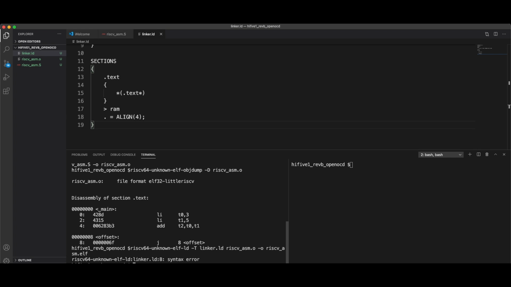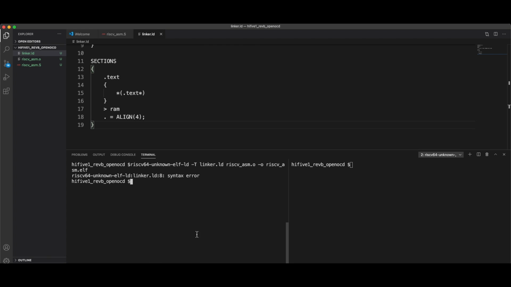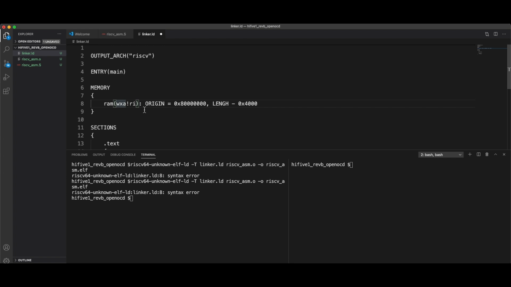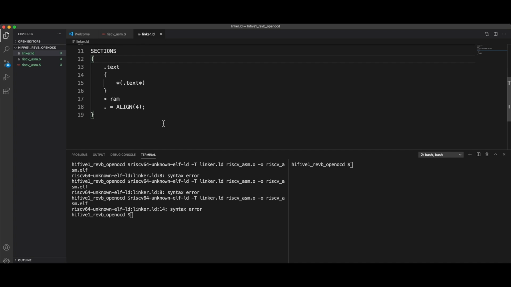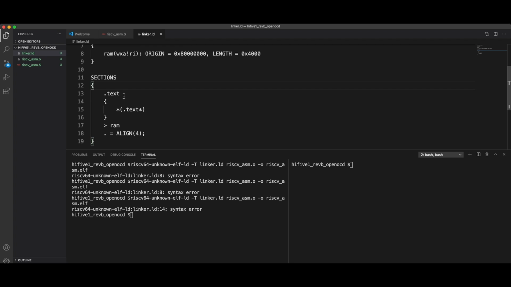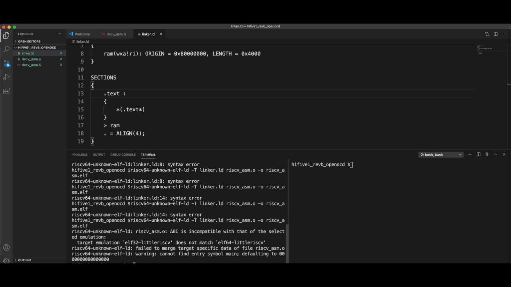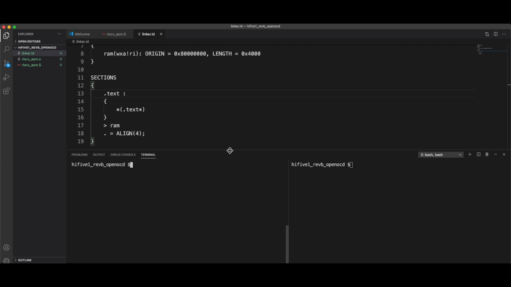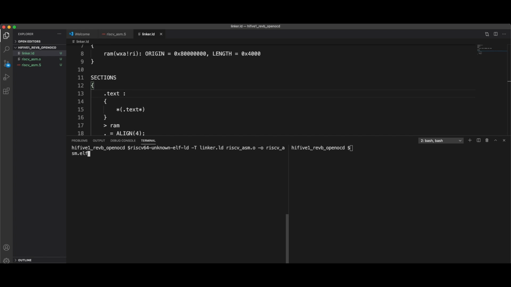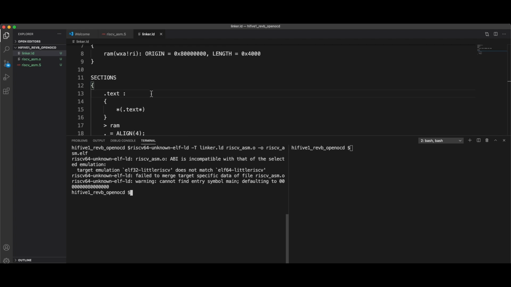What is that? Which file? LENGTH. Okay. And it should be equal to, what is that, line 14? Now that the syntax errors are gone,